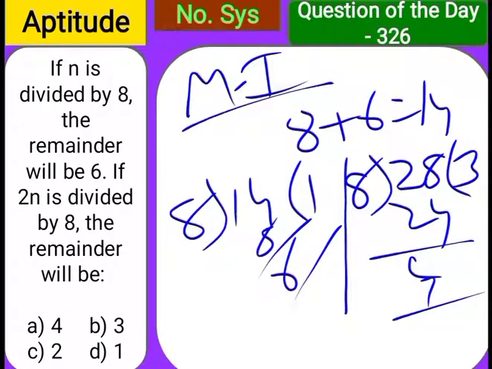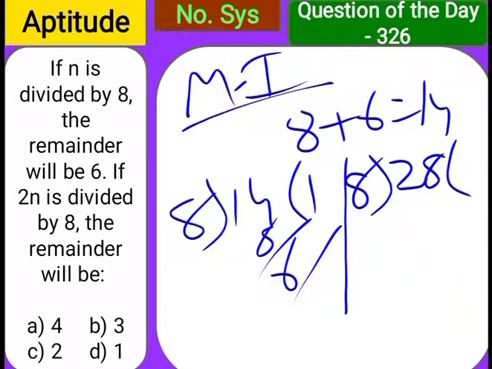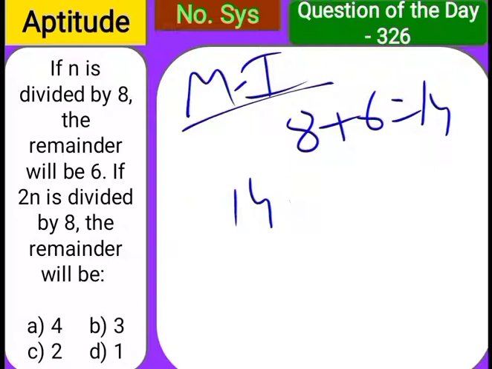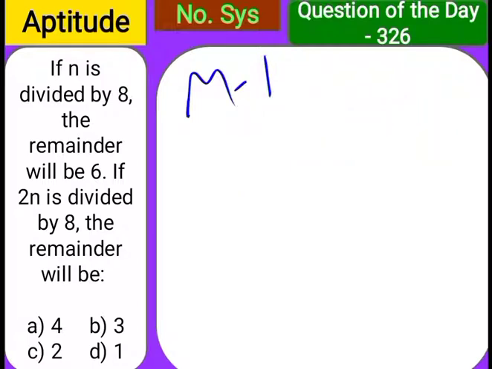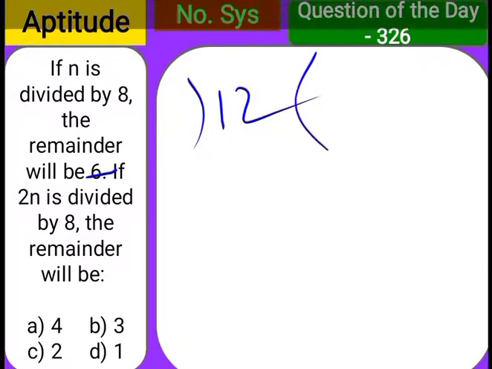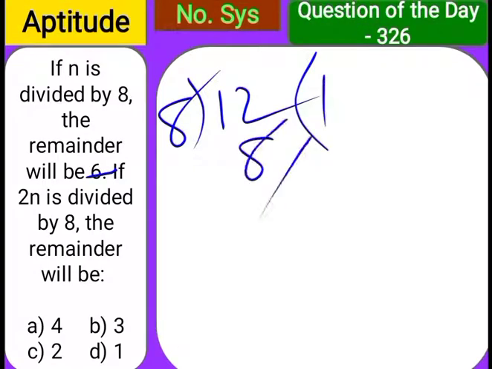Your answer is 4. Now we will solve the same question with one more method. This is just a common method. Instead of substitution, they are making n as 2n. What will be the remainder in the first case? 6. Then for 2n it is 12. If they are making 3n, the remainder is multiplied by 3. If they are making 2n, the remainder is multiplied by 2. In the first case the remainder is 6, so double the 6, it becomes 12. Just divide by the same number 8. 8 ones are 8, the remainder is 4. Done. Our answer is 4.